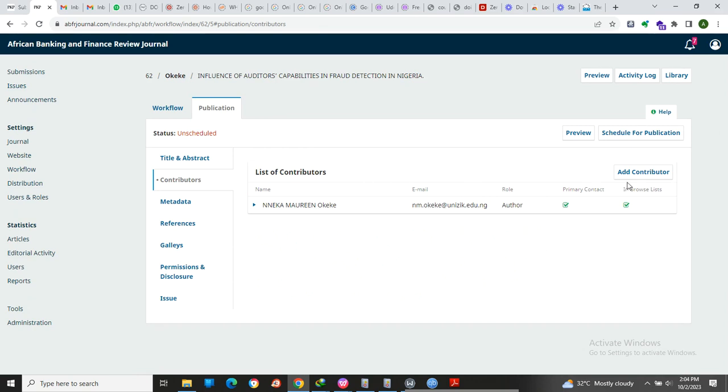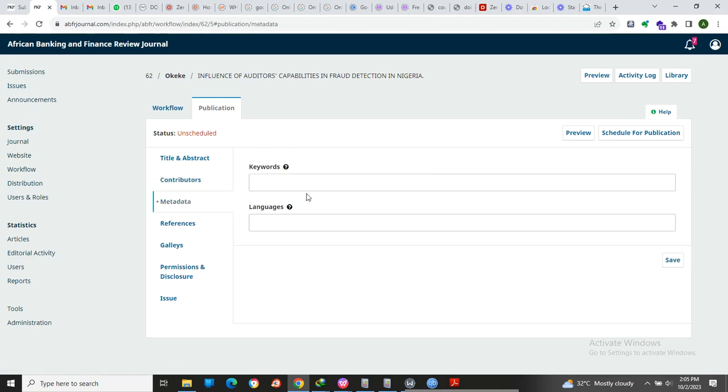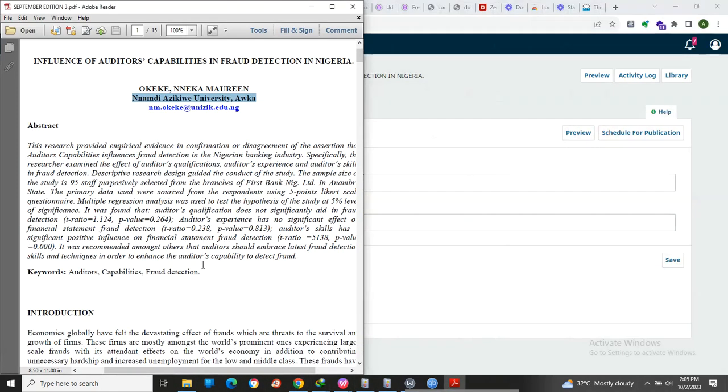The other one is contributors. Assuming you missed out a contributor, you can still put it in from here. The next one is metadata. This is where you put the keywords that are from the main work itself. So I'll get the keywords and put